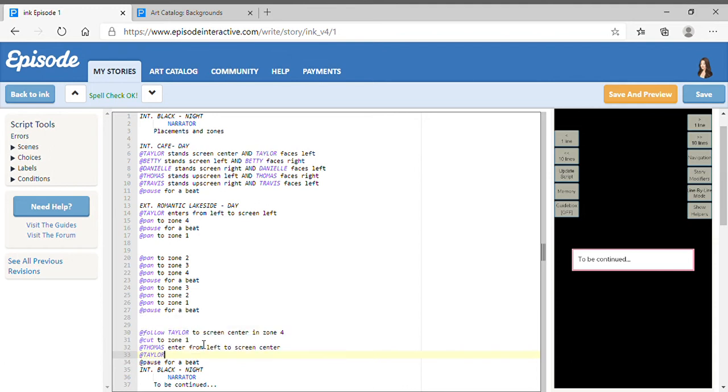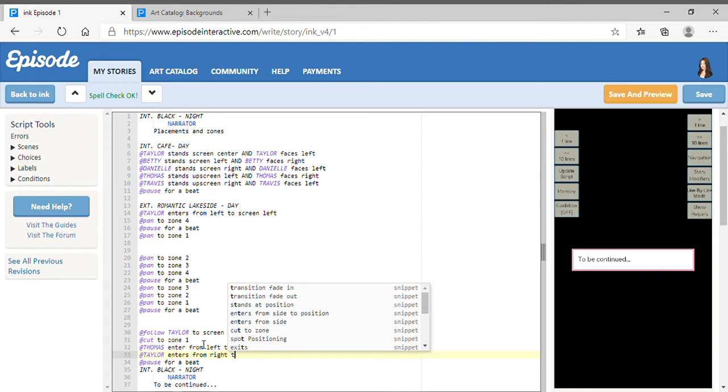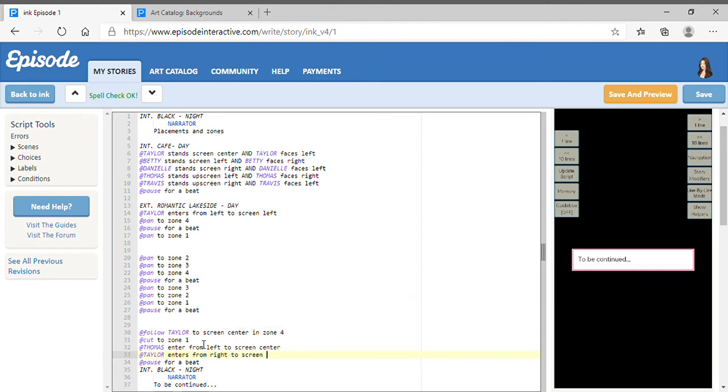So Taylor enters from right, because that's where the scene is happening, to screen right, and I will make it seem like the character was walking all the way back to where she was from. Another thing you could do is, I'll show you just below this,